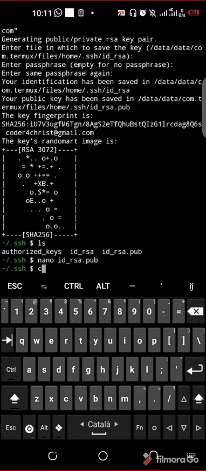So in order to copy, you use this command, cp, which means copy. After you type cp, what follows is the name of the file you are copying, or the path to the file you are copying from. For me, it is id_rsa.pub that I want to copy,